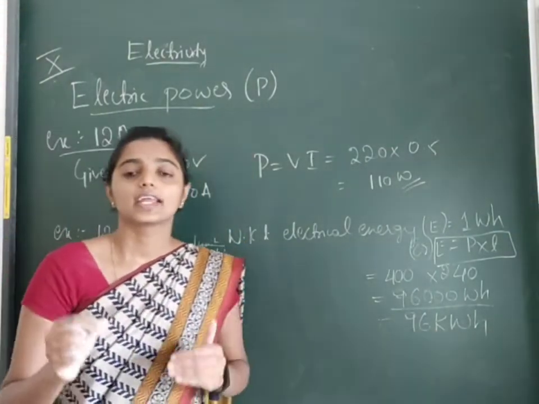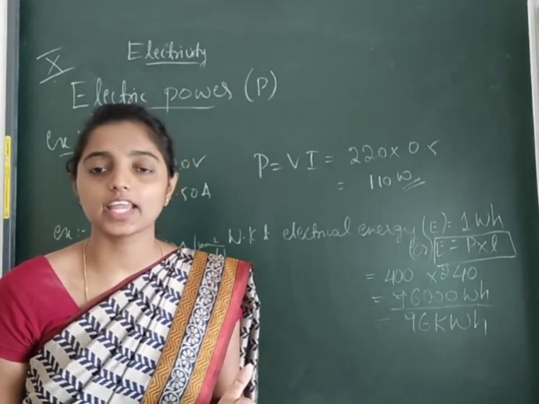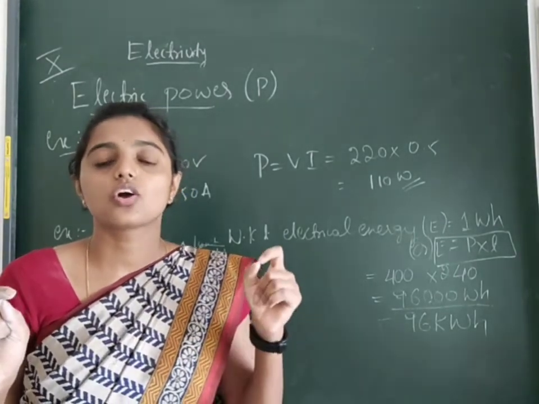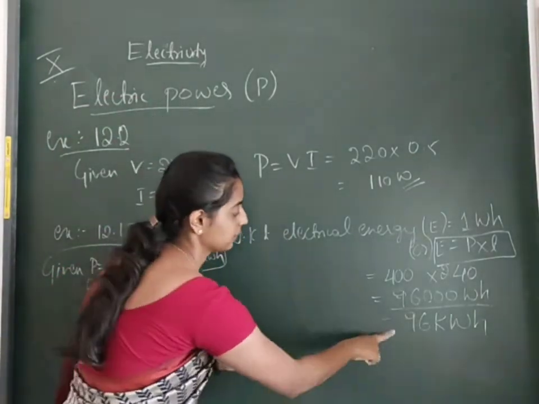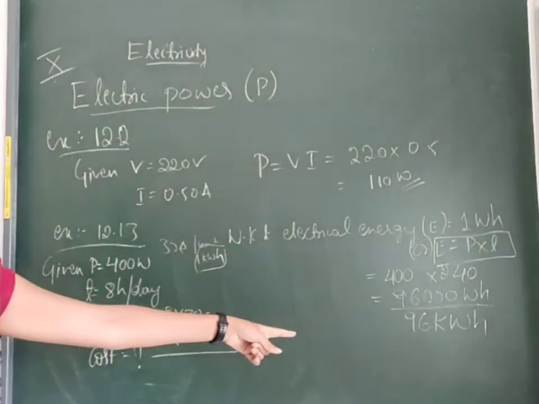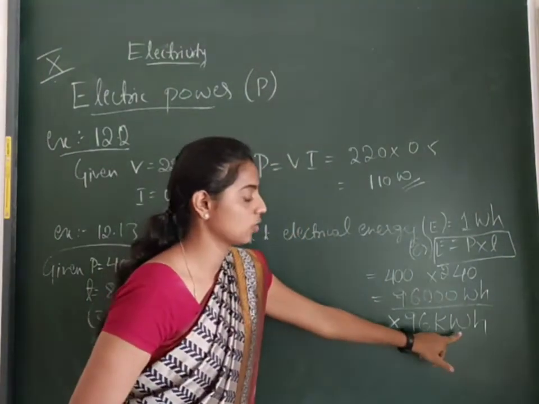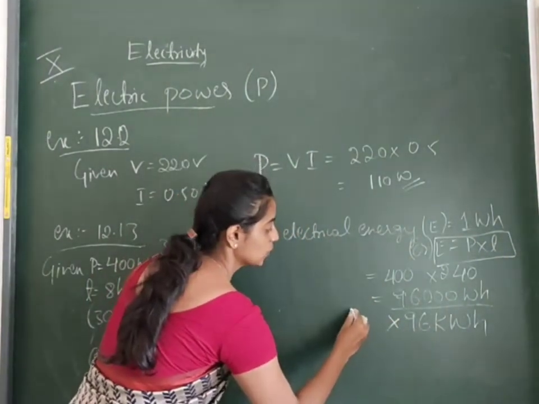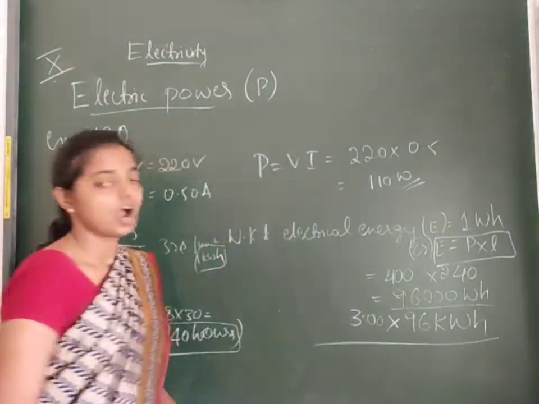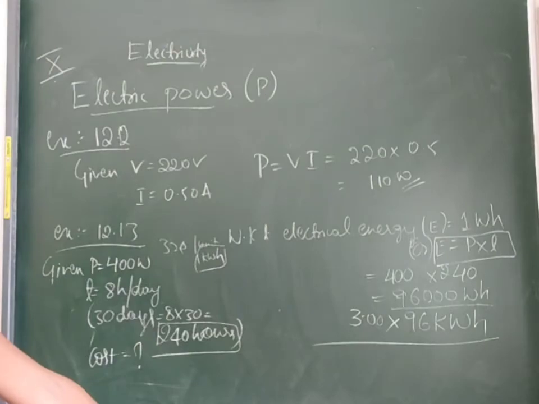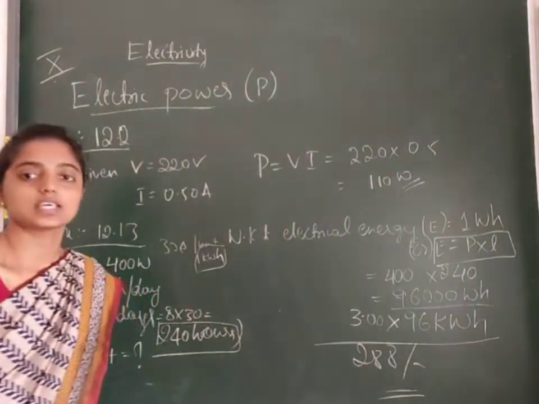Now we need to calculate the amount or the cost for 30 days when 1 commercial unit costs 3 rupees. That means what? This value directly, right? So this is nothing but 96. Here they just write 96 kilowatt hour into 3 rupees. So into 3 rupees, how much we will get? So when we calculate this one, we will get around 288 rupees is the answer.